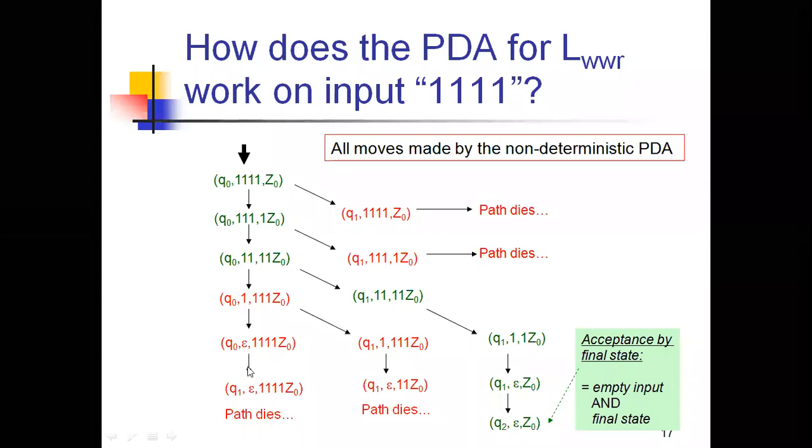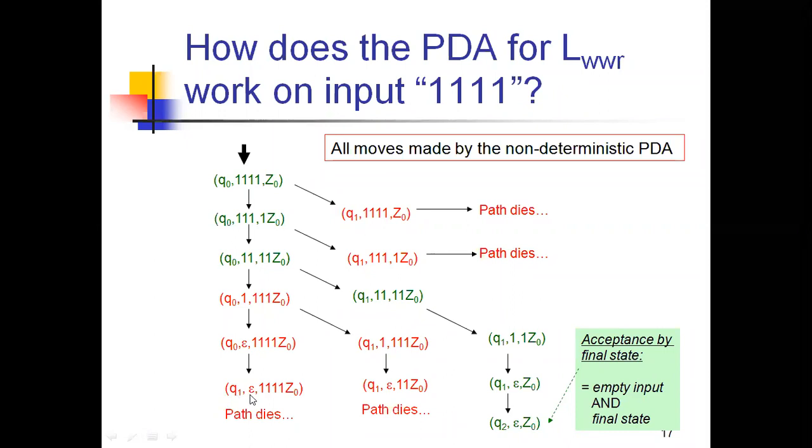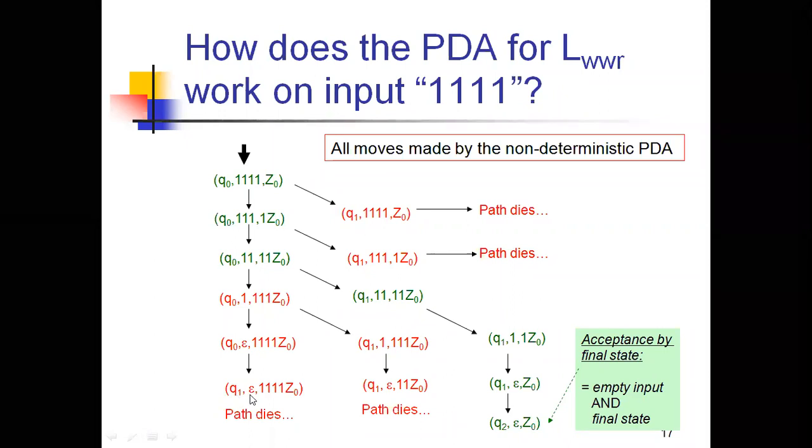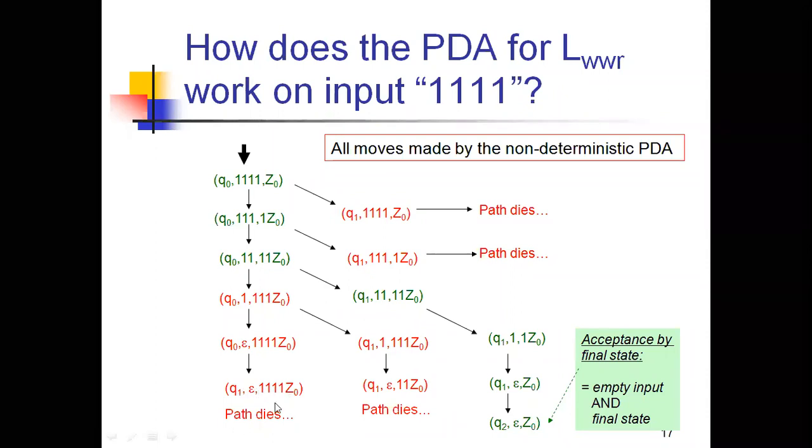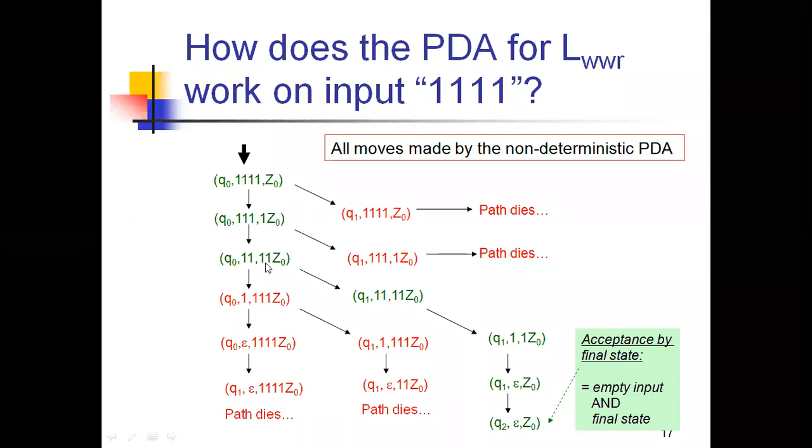So when I need to make the acceptance of the state, see q naught with epsilon and z naught. Actually, with q naught, epsilon and z naught, you need to write another state like q1, and it should move there; in the diagram itself it is there. Once you check it, you can easily understand how to do the acceptance: q1, epsilon, z naught. But here the path dies. But what you need to do here is, we need to change here.